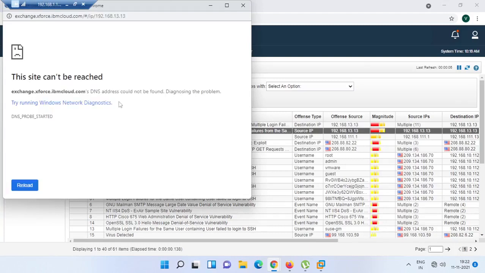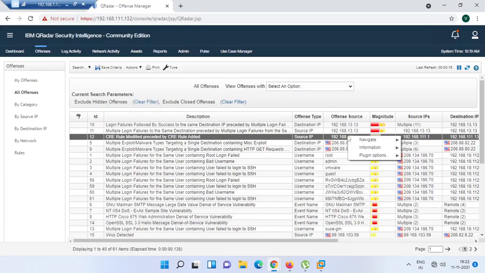There is nothing, it is not reaching because there is no internet connection. That's the reason I have not shown this. Otherwise I could have shown the same to you. It is nothing specific. You just do a right click and it will take you to that particular Expose Exchange